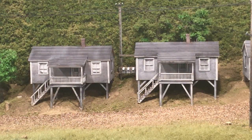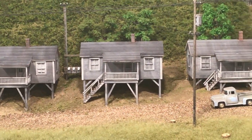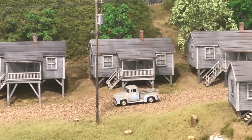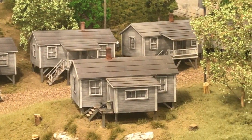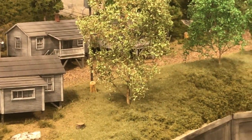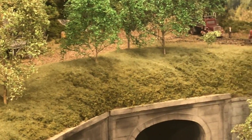So before I show you that truck dump up close, here's a better shot of those breaker boxes between the houses. And a little better detail on the poles there. And I'll just kind of scroll up the street. Typical dirt road. These are really nice little kits to build. I enjoyed these very much. And we come over to